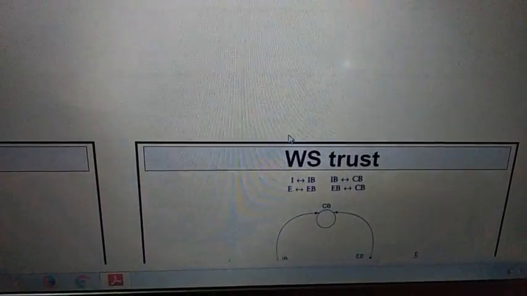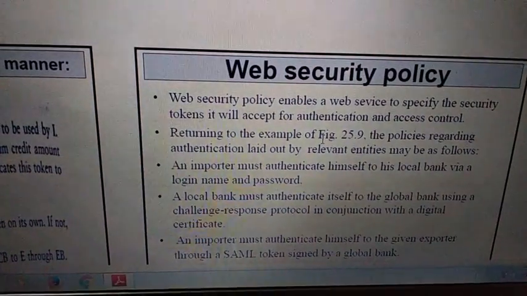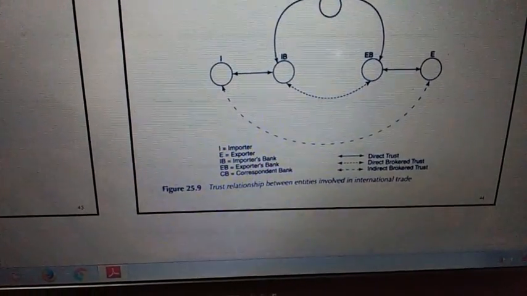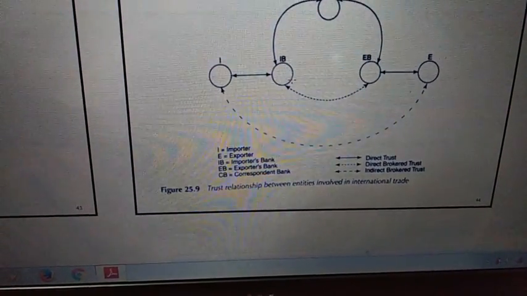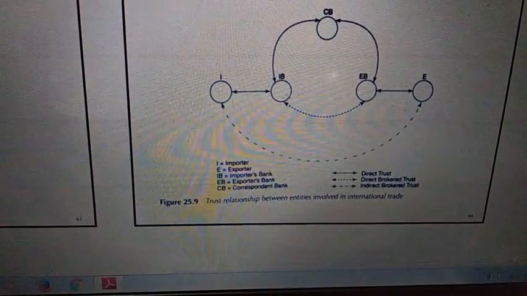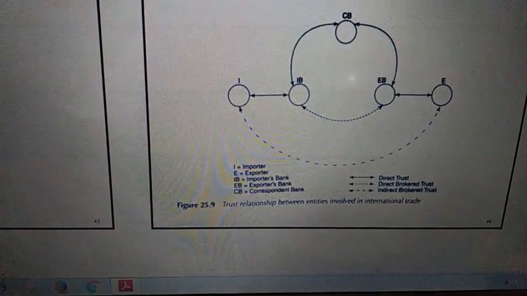That is the other protocols, WS Trust as well as the web security policy. Here you will be seeing the importer and exporter, right? They may communicate through the importer bank, correspondent bank and exporter bank. They can't directly communicate. That is what the security protocols are going to provide.